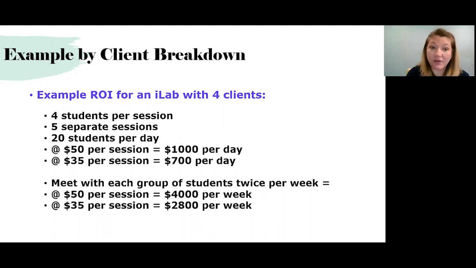If I'm charging $35, because really we see from our professionals anywhere between $35 and $50 per session is what we see as individuals charging for a fee for the service. So that is going to be, of course, a little less because you're charging a little less, but $700. But with each group of students, you're doing twice, right? We're increasing it, we're doing it more, and we're increasing that money. So if we were doing just 20, and then if we increase it, it's going to compound on each other. Now, of course, this is if you're meeting in a group session.